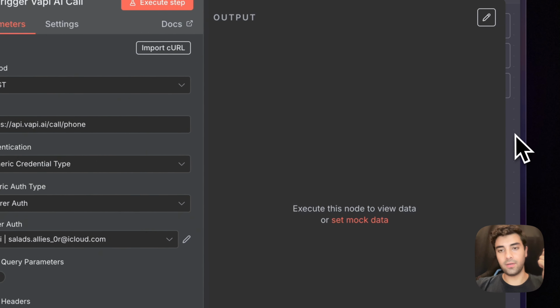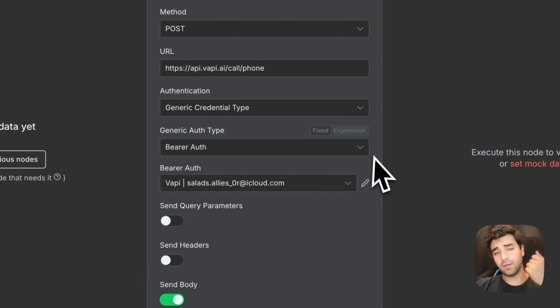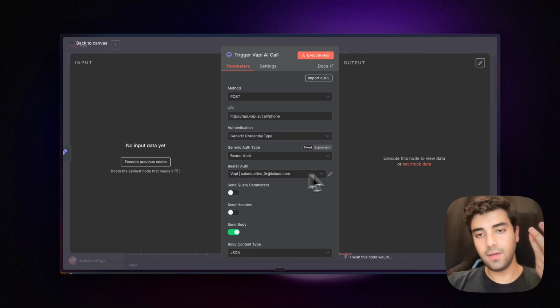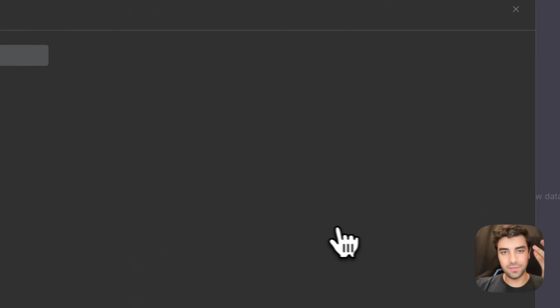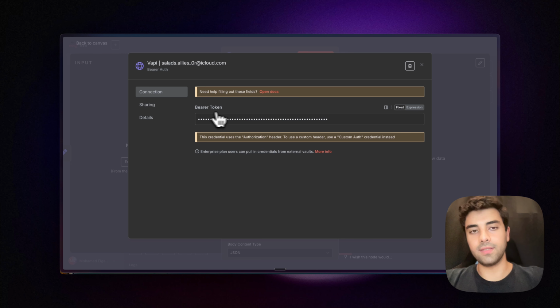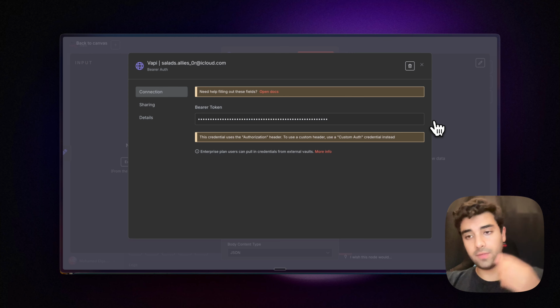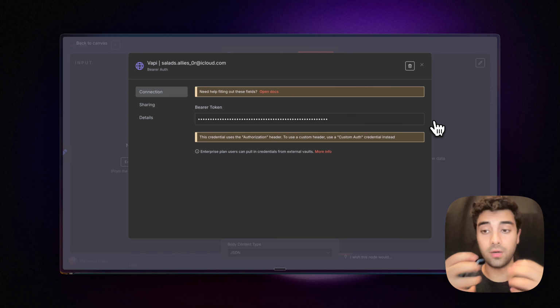And what you want to do is click on this HTTP node, so trigger Vapi a call, and then you're going to add your bearer auth. In this case, I have it already, but you probably will have an add button here, which you can just copy. So we copy this code and just paste it here where it says bearer token, and you're basically ready to go. This actually allows us to connect into our Vapi account,